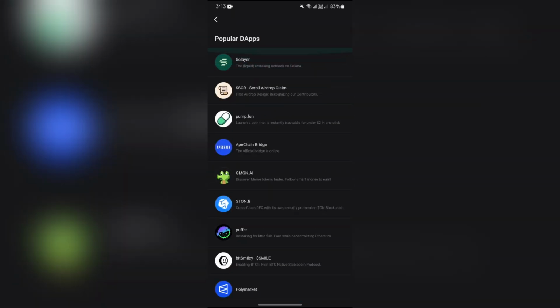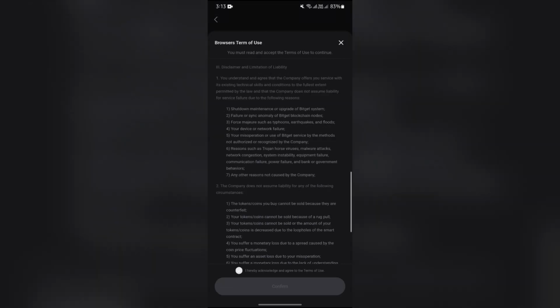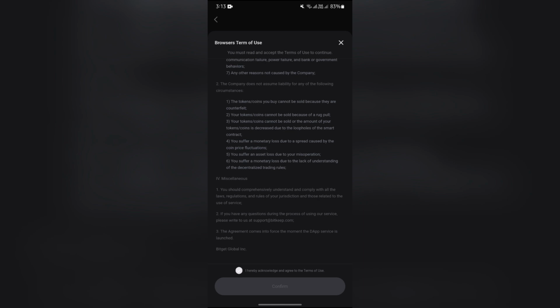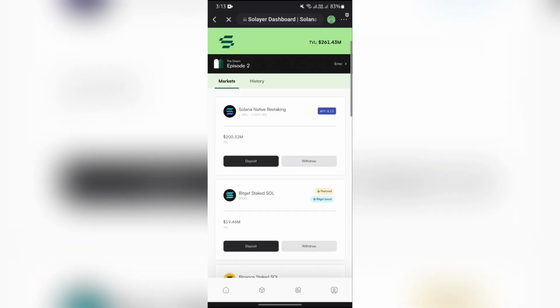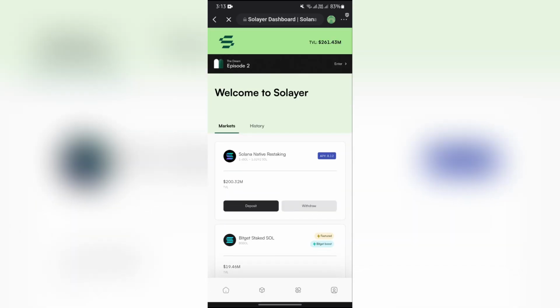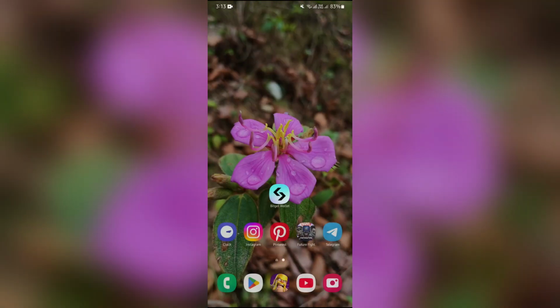Just simply select the DApp which you would like to connect with your Bitget wallet, and after selecting that specific app, you just simply have to check this mark in order to accept the privacy terms and policy. Then just simply tap to confirm, and after doing this, your Bitget wallet will successfully be connected with the DApps